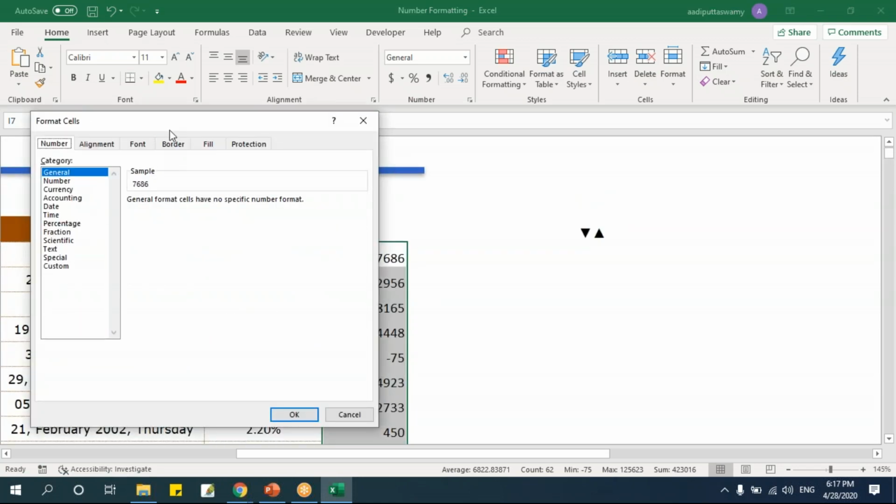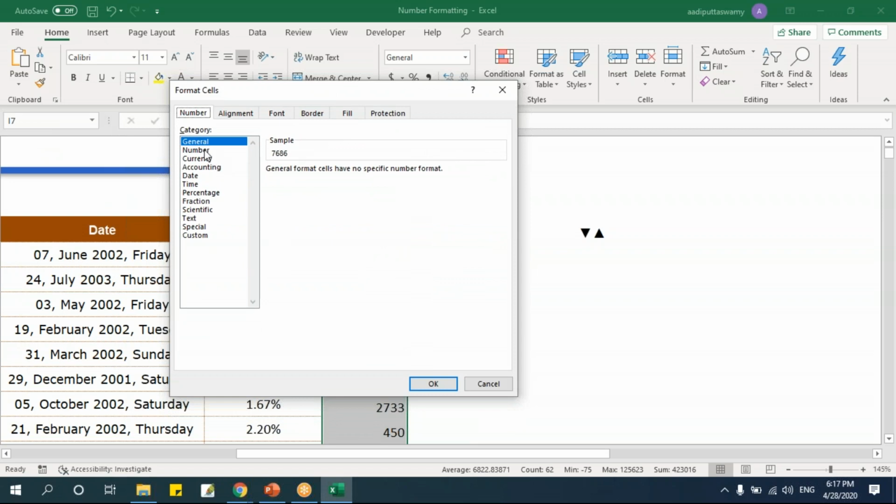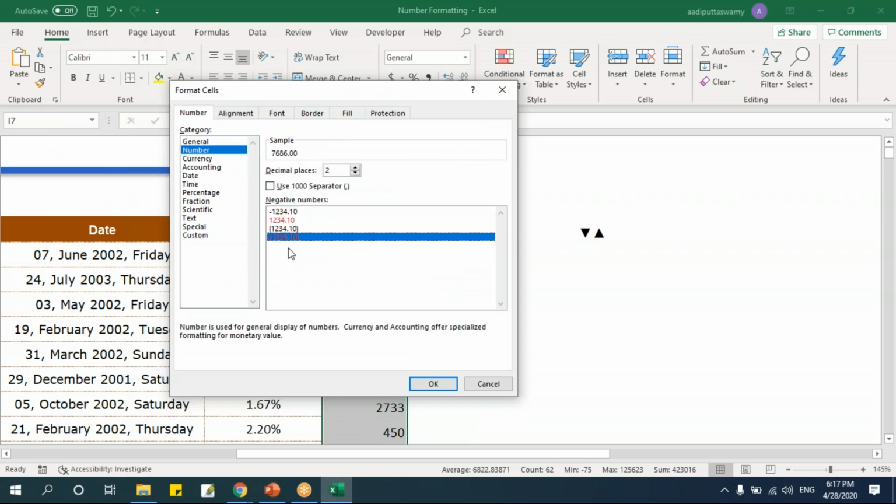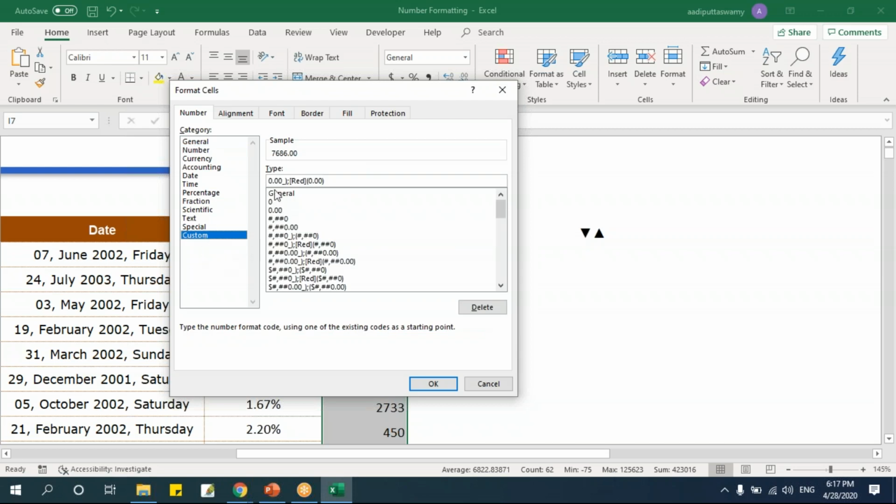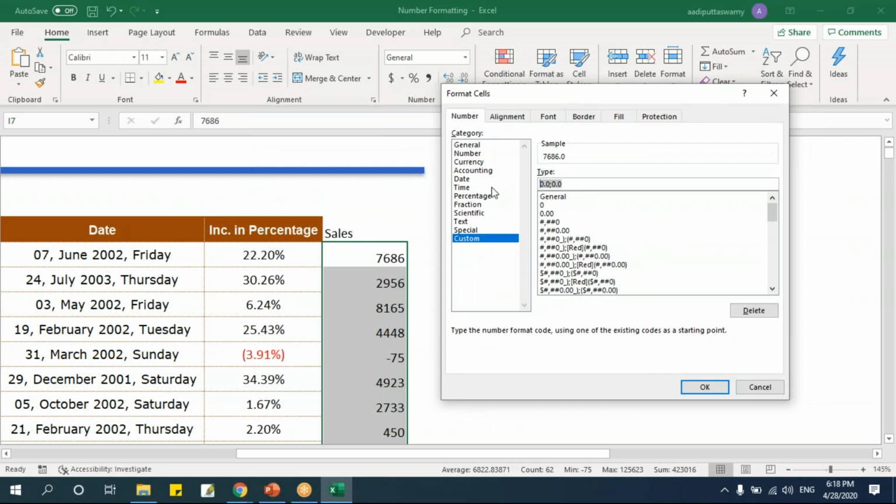Now I don't have that format here, so it has to be a custom format. Let me select this number. Now I'll go to custom. Can you see this? I have this positive and negative number. Let me start from the beginning. 0.0, colon, 0.0. This is for positive and negative numbers, what we saw in the percentage formats. But now I don't want positive or negative. What I need is greater than 1000 should have the up arrow, less than 1000 should have the lower arrow.